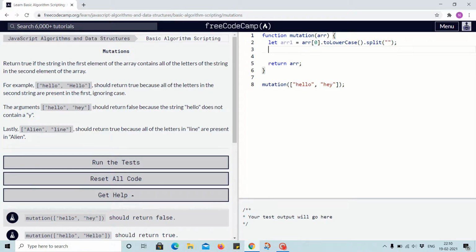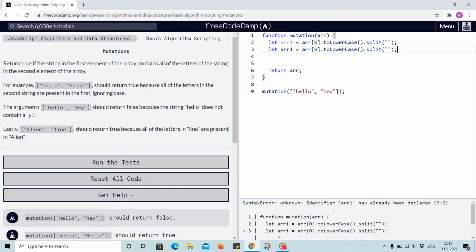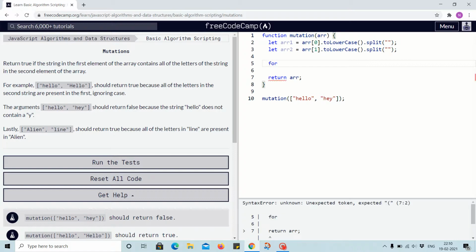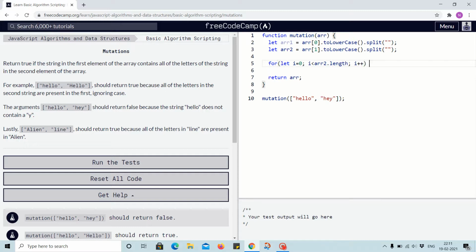Likewise for arr2, the only change will be that it will be for the second element. Now we will run the loop for let i equal to 0, i less than arr2 dot length, i plus plus,